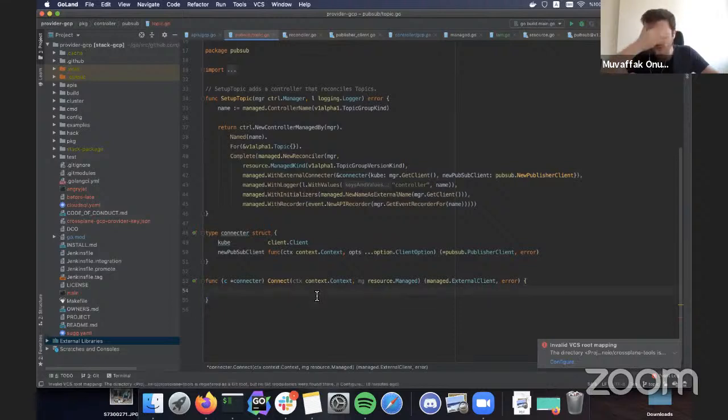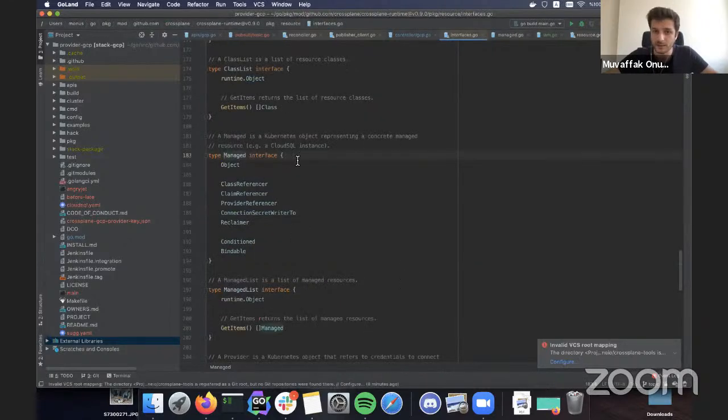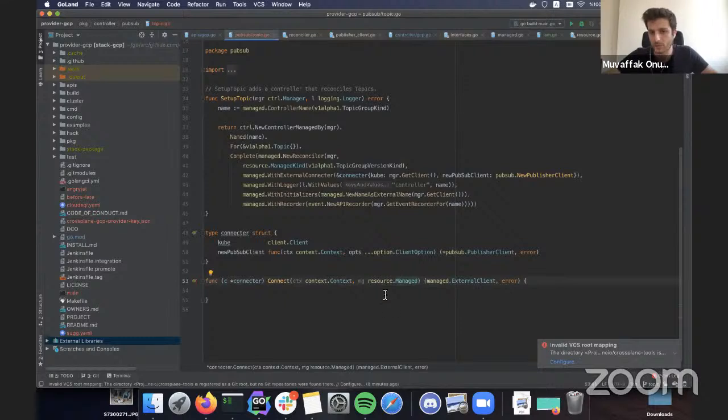So the first thing we do in these functions is that, as you see, we get a resource called managed. This is an interface, so it could be anything. In this particular instance, it will always be a topic, but we have to cast it so that we can access the parameters of this resource. So a lot of the time you will just see this line in all these functions.